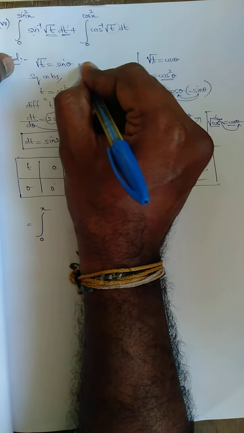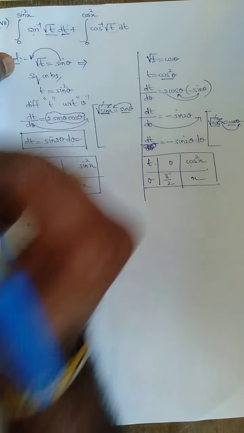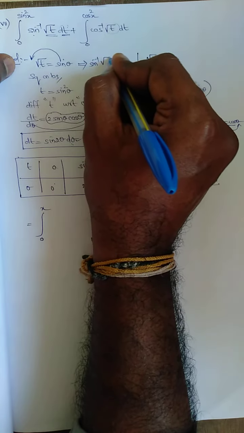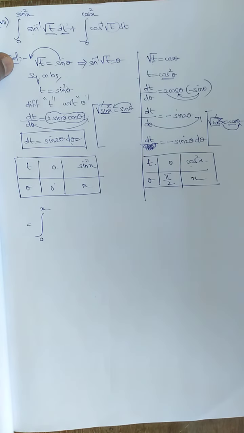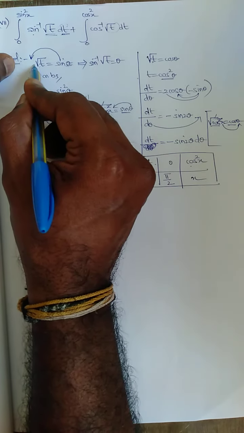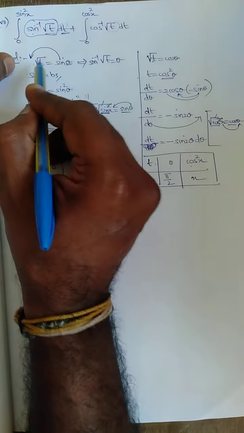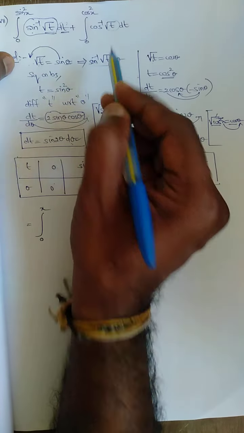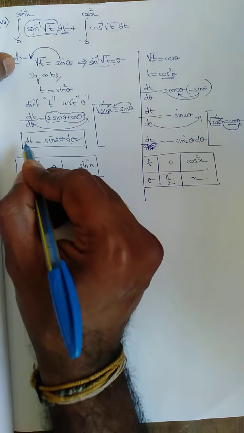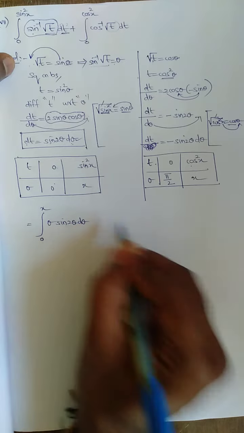So what I am going to change, listen carefully. This sign moves here. So what does it become? Sin inverse of root t is equal to theta. If theta is alone, place it here. This sign moves here and becomes sin inverse of root t. Therefore, sin inverse of root t is nothing but theta. Put theta. Next, dt. What is the dt? Sin 2 theta into d theta